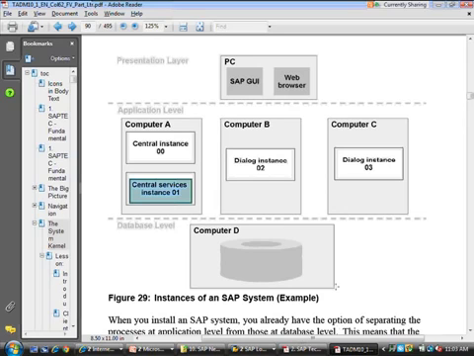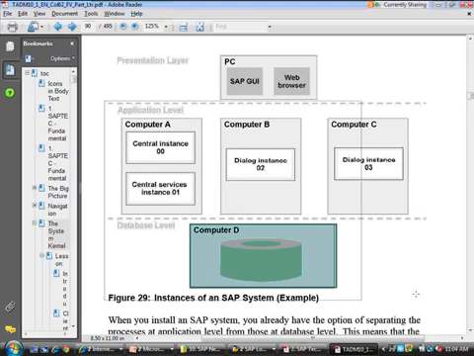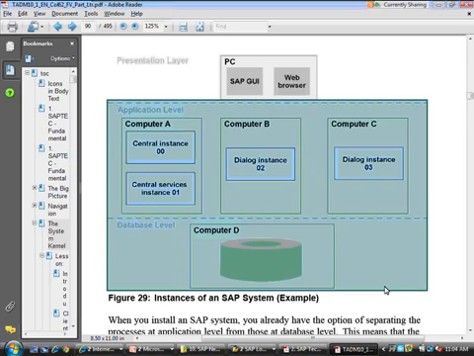This is your database instance. And the whole SAP system is this. It is spread across 4 machines and 5 instances, if we count the database as an instance as well. So it's spread across 4 separate physical machines, 5 instances, making up one SAP system.